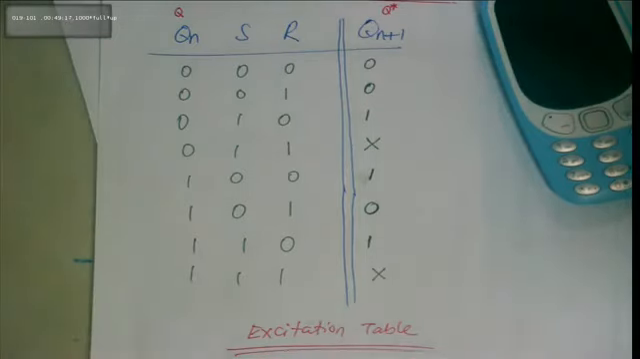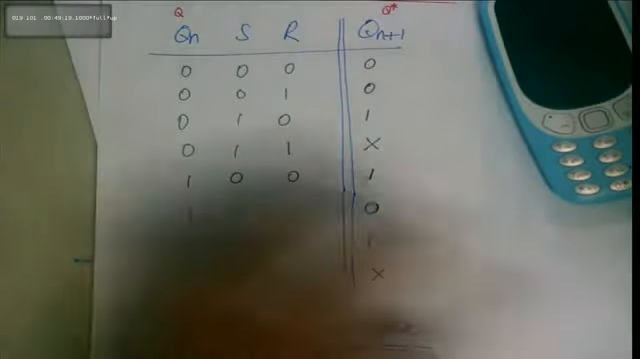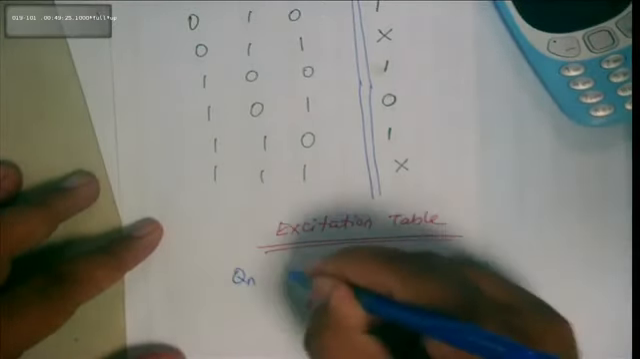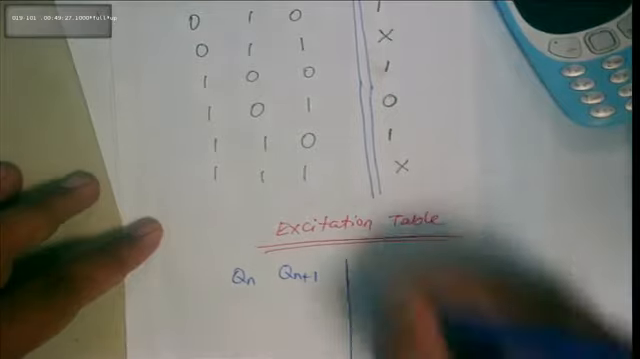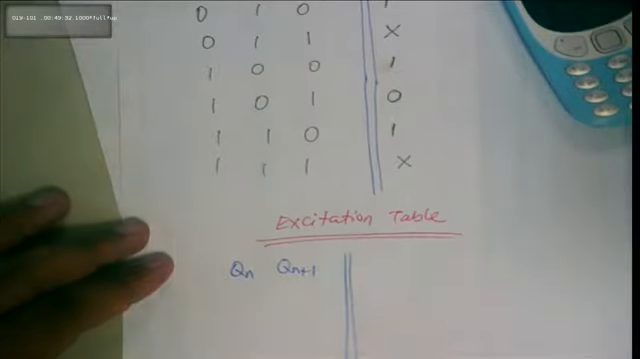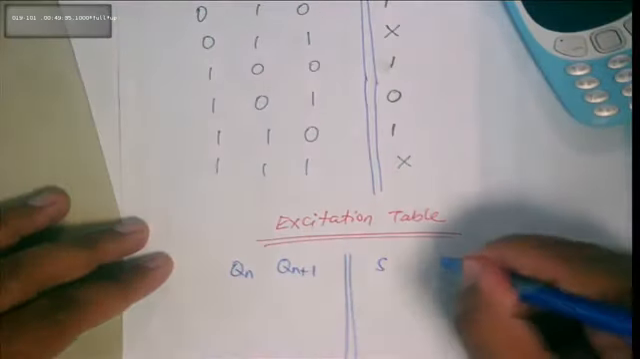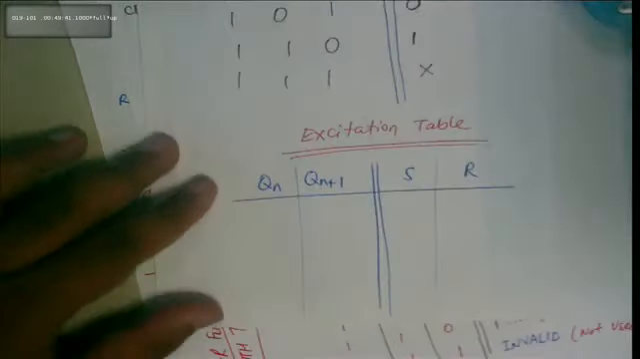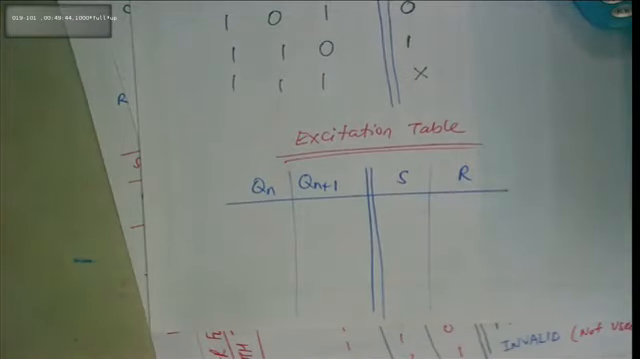Now the excitation table is the other way around. These two tables are opposites of each other. We put Qn and Qn plus 1, and we are trying to find out what our inputs are. Both tables are in use. In our design process, we're going to use both. In our excitation table, we say, this is from a designer. The excitation table